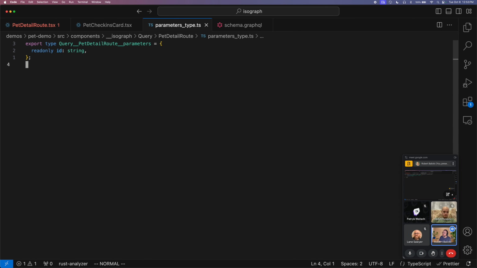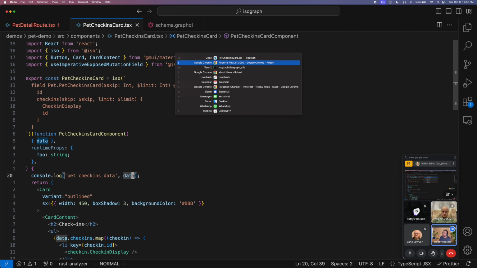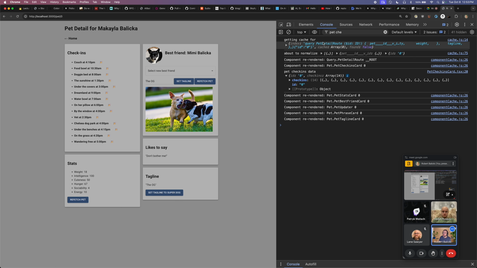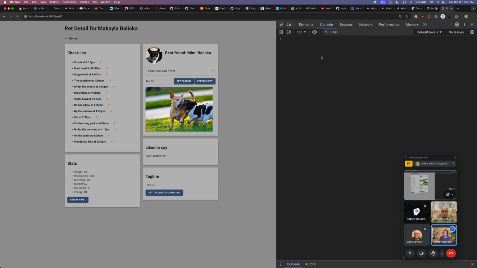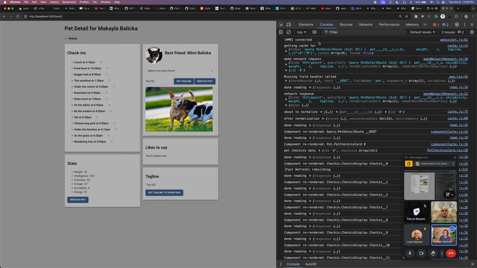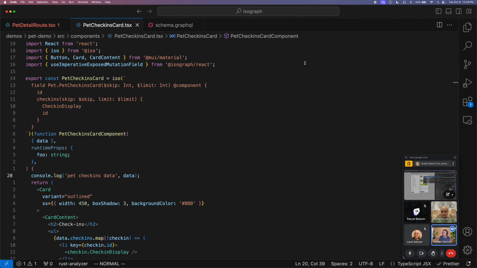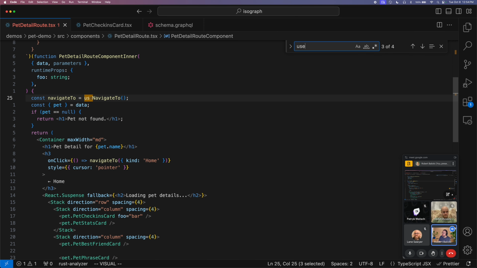Okay, so let's talk about what happens at runtime. If we take a look at this, let's refresh. We make a network request. Again, these logs are super disorganized, so sorry. It will be better at some point in time. Okay, so we start by making a network request. What happens is that when inside of here,